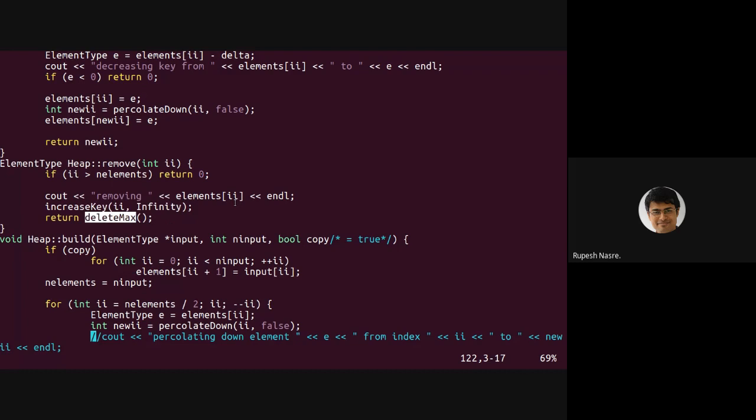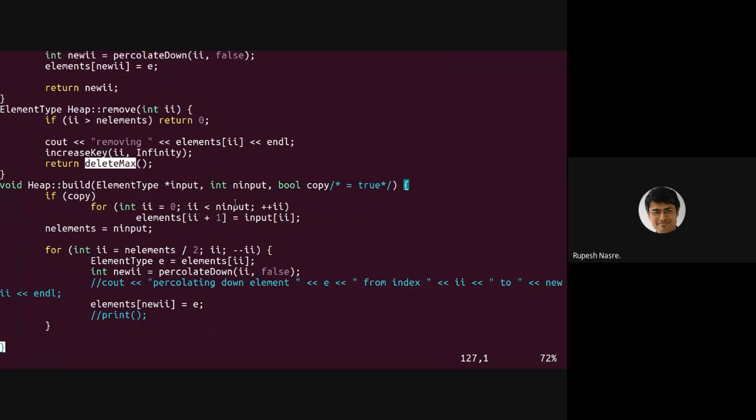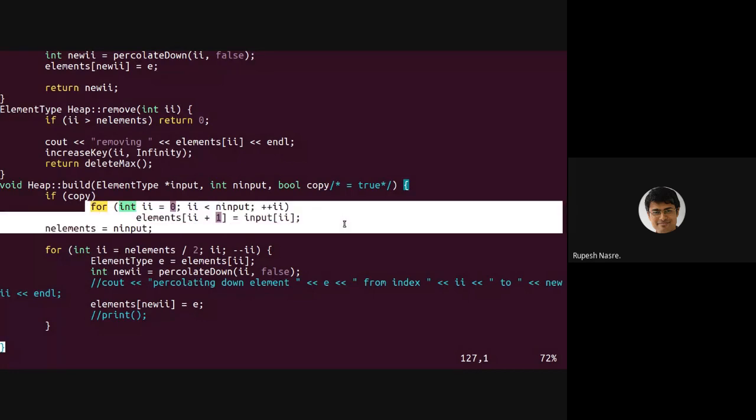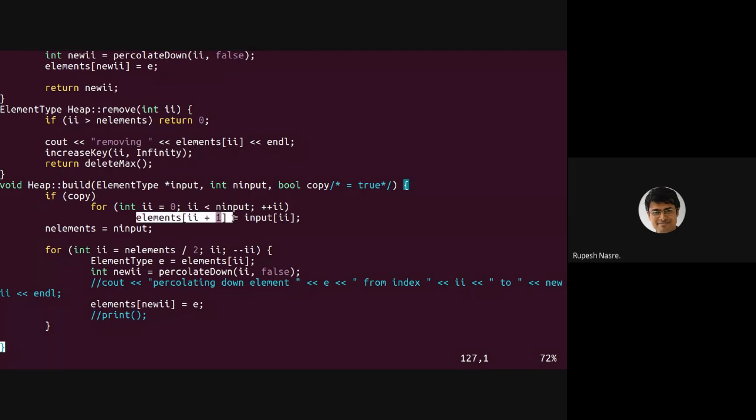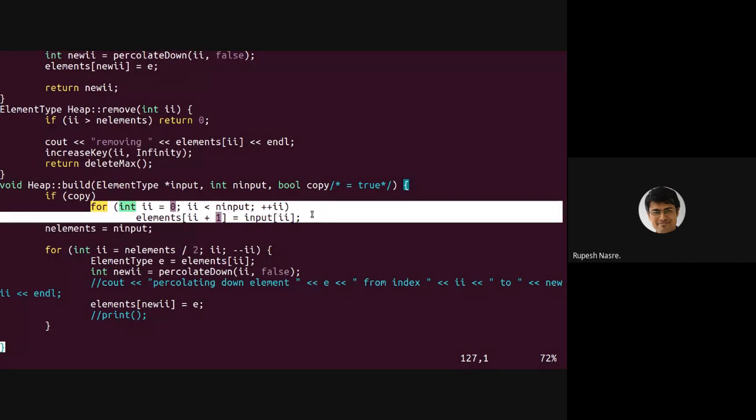The build heap procedure, which we slightly discussed, means that if you are given a bunch of elements, you can create a heap out of it. So assuming that you are given some set of elements and your array is not already populated, then you can populate that array with an arbitrary set of elements, right? This is elements of I plus 1, because our heap array is one index based. So assuming that that gets copied and you have all the elements in some order available in the heap array, now you would like to change their position such that they maintain the heap order.